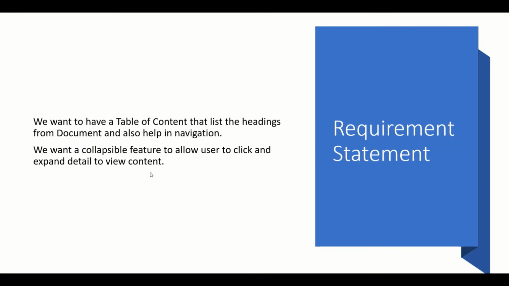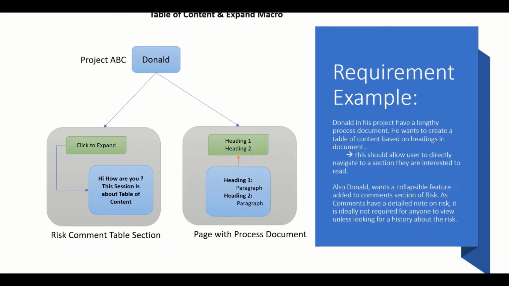And the next is we need to have a collapsible feature, which is like you have 3 to 4 lines and you want to collapse those 3 to 4 lines into one, so that anyone who comes to that particular location, and if he or she is interested to know what's the detail, they just click on that particular button, and it expands the detail so the individual can see what's inside. Okay, so this is the example that we take.